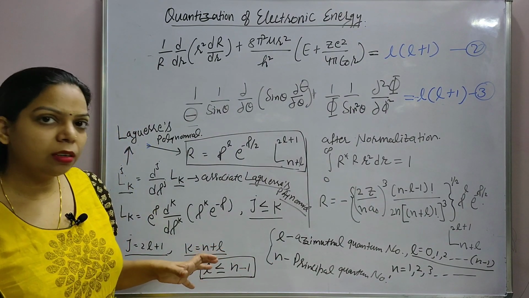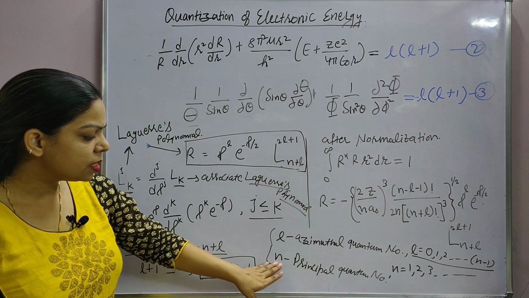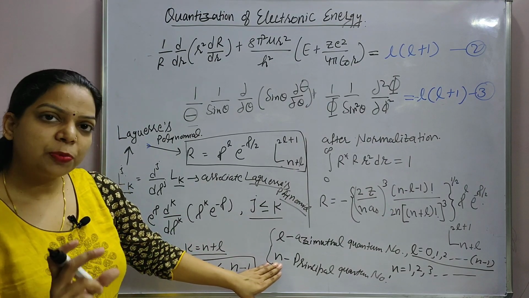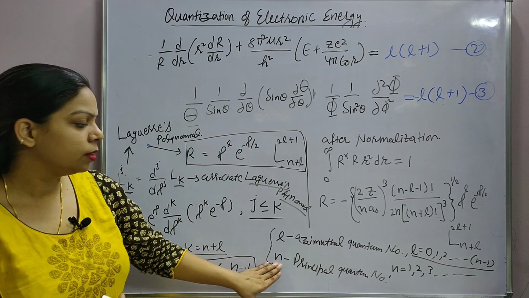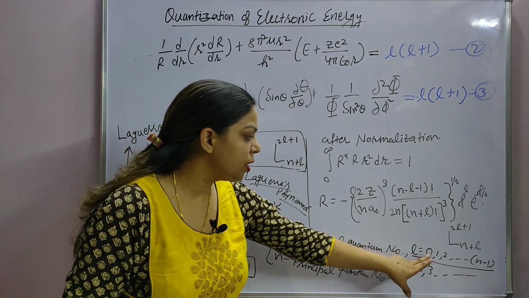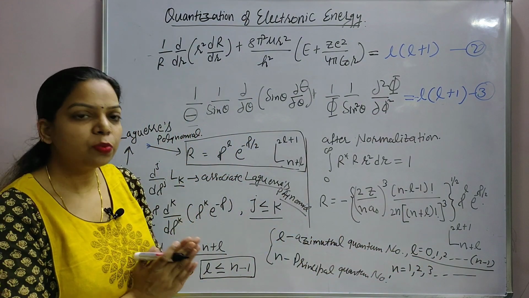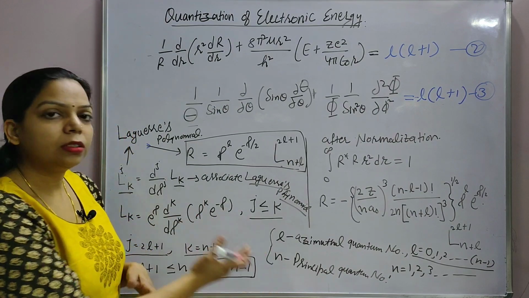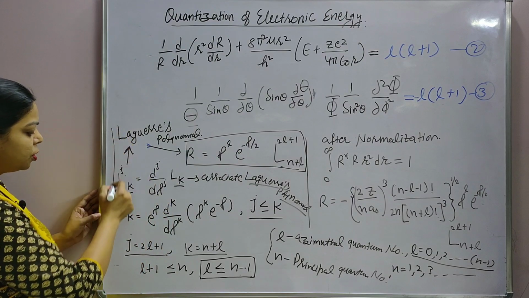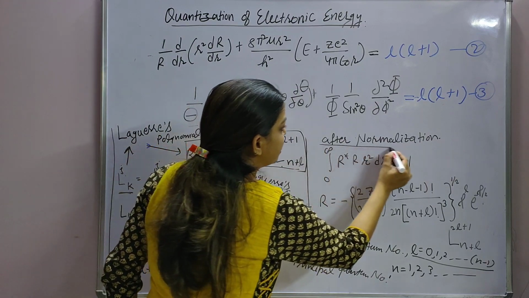And we have already studied in our inorganic chemistry that the principal quantum number represents the shell in which the atom is present, for example 1, 2, 3, while L represents which orbital. L is 0 for s orbital, L is 1 for p orbital, and so on. So these are the same quantum numbers which come out of the solution of Schrodinger's wave equation here. So this is the first part. Now the second thing is normalizing this R.